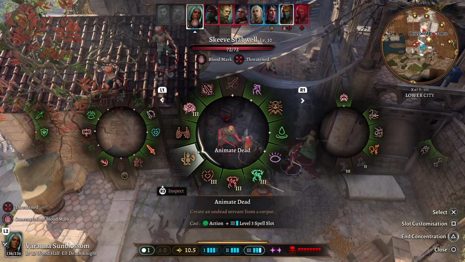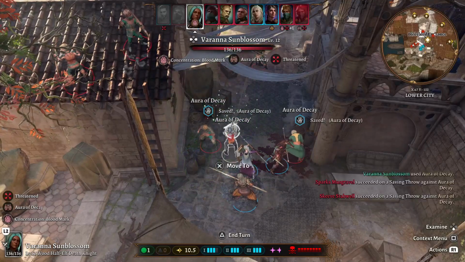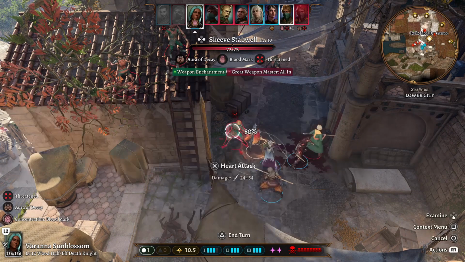The next thing we're going to do is turn on our Aura of Decay. So again, enemies are going to take damage. They made their saves, but you get the gist of it. And now it's time for us to start smacking. And we're going to start with the Heart